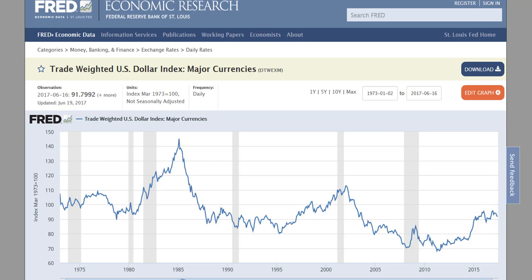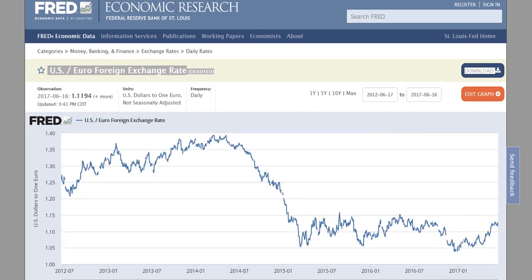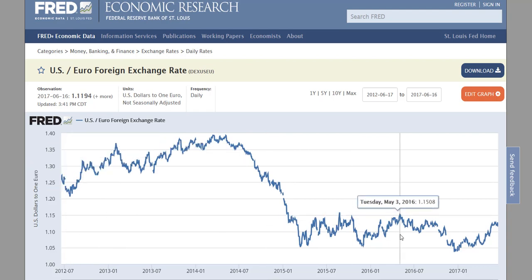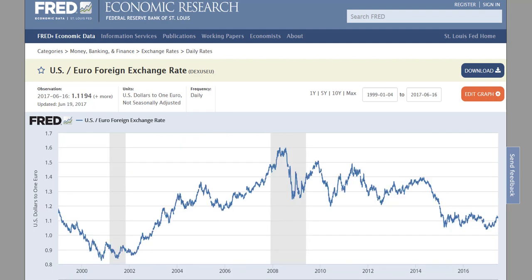So this has been the evolution of the US dollar trade index, which is against a bunch of currencies, but let's look, for example, at the behavior against the euro, focusing on 2012 onwards. Or let's look at the max. So the maximum goes from 99 to nowadays, June 16, 2017. And note that this is expressed in the number of dollars necessary to buy 1 euro.